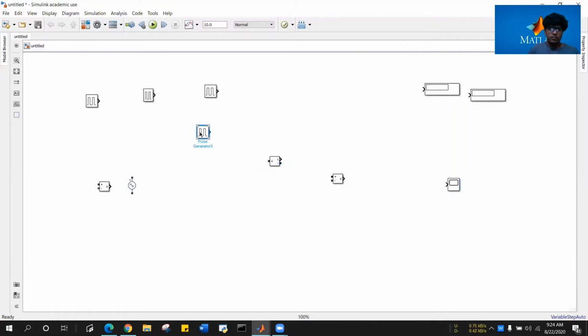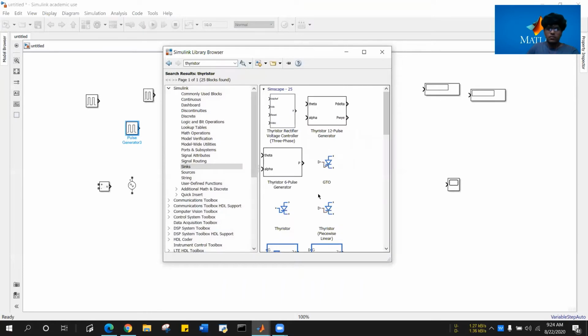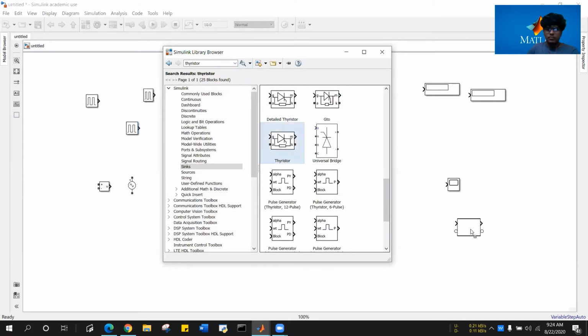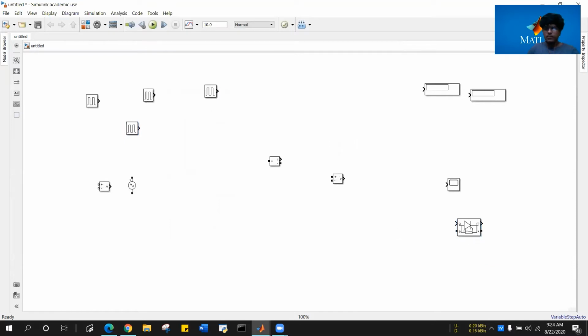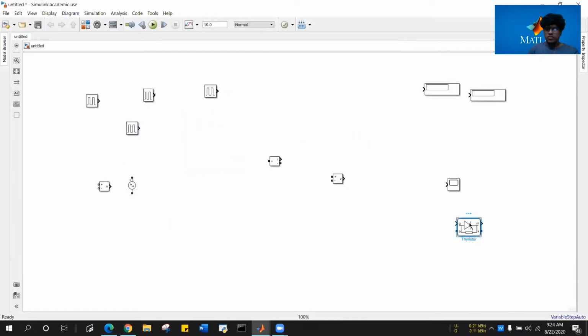Now I'll get the thyristors. I need four thyristors, as I showed here. I need four thyristors, right? So right click and drag, right click and drag. Now we have four